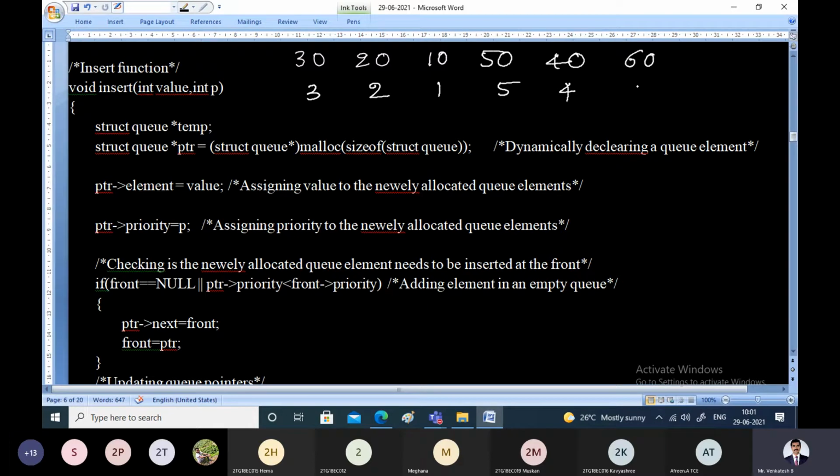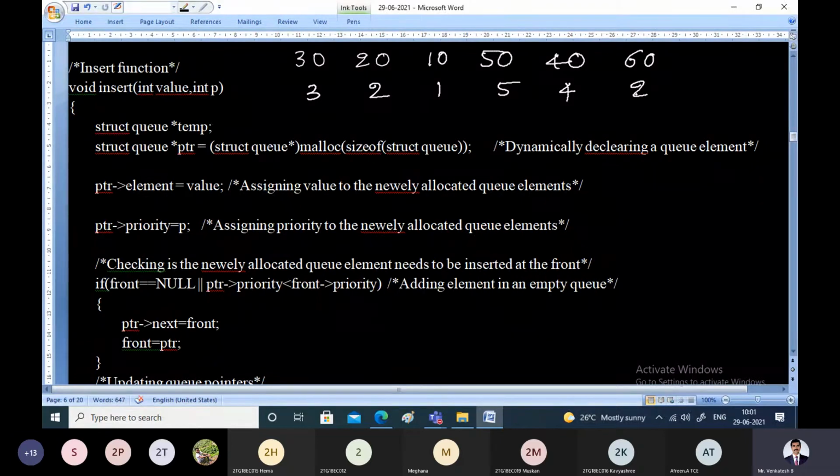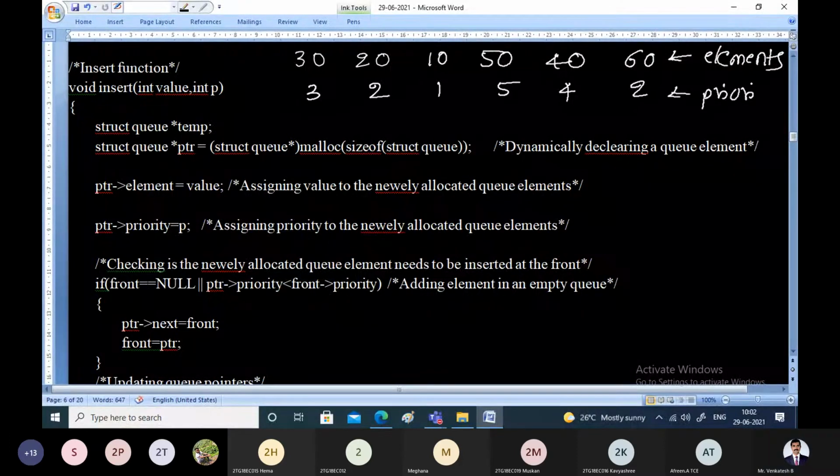Its priority is 2. That means there are two numbers with the same priority. That condition also we have to check. So what is the input for our program? These are the elements and these are the priorities of the elements.